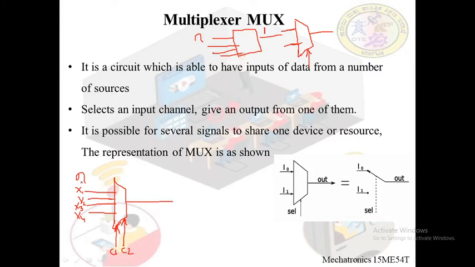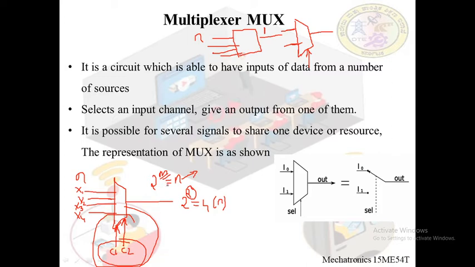If we have 4 input lines, then 2 power m will be equal to n. N is the number of input lines, let us say 4 here. In order to get 4, it has to be 2 power 2 equal to n, that is 4. We write it in the brackets as n. Therefore m is the value which indicates the number of select inputs or selection variables. So for a multiplexer with 4 inputs, we have to have a minimum of 2 select variables or select signals,